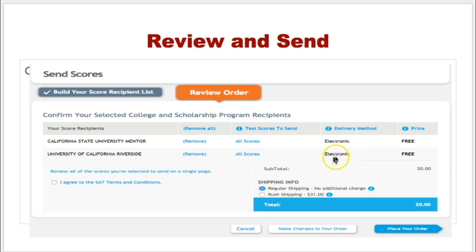They're going to send them electronically, which is great. So all colleges don't have the ability to do this. College Board sends your scores electronically. UC and Cal State can receive them electronically. That's a lot better than getting paper because paper can get lost in the mail, and it's going to be free. So here you're going to have to review all of your scores, and then